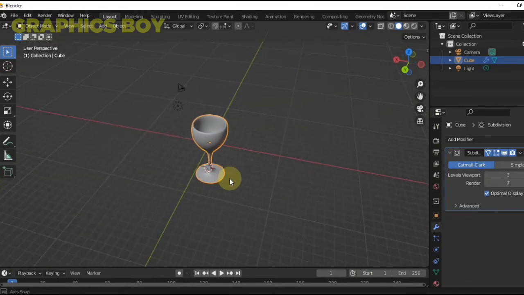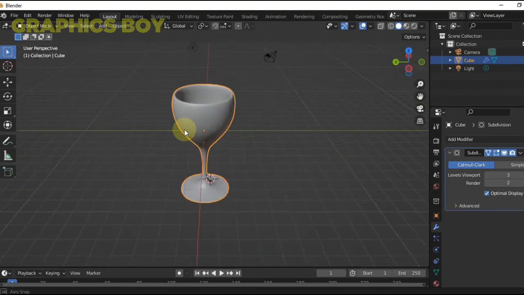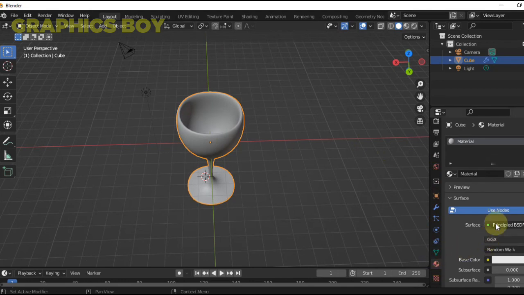So from here, another thing that you can do to this goblet is that you can add the materials. Okay, materials, I mean adding the colors, like the color that you want. So for that one, you can achieve it by going to material properties here. So click on material properties,